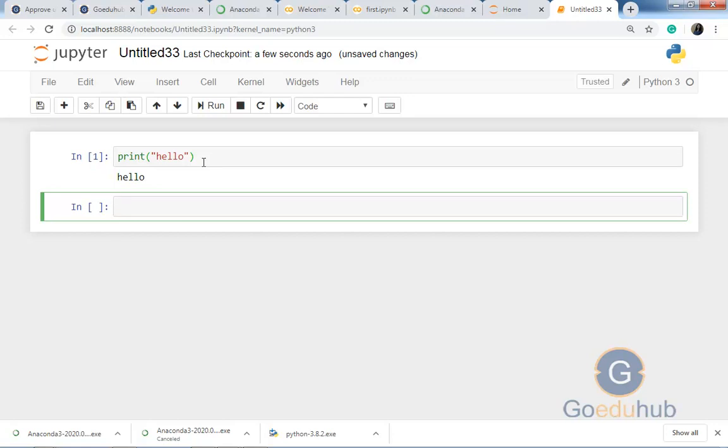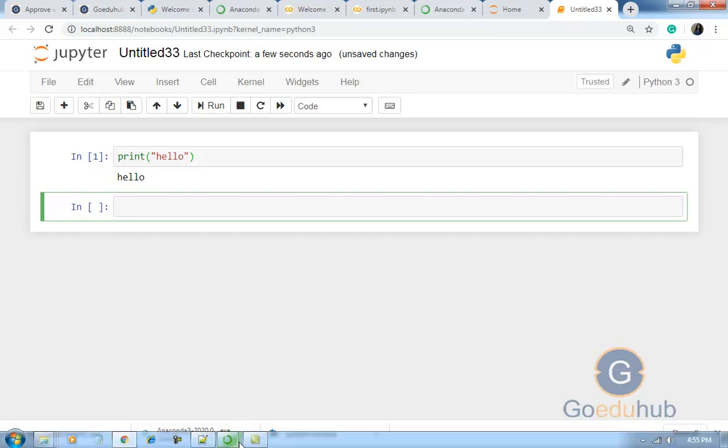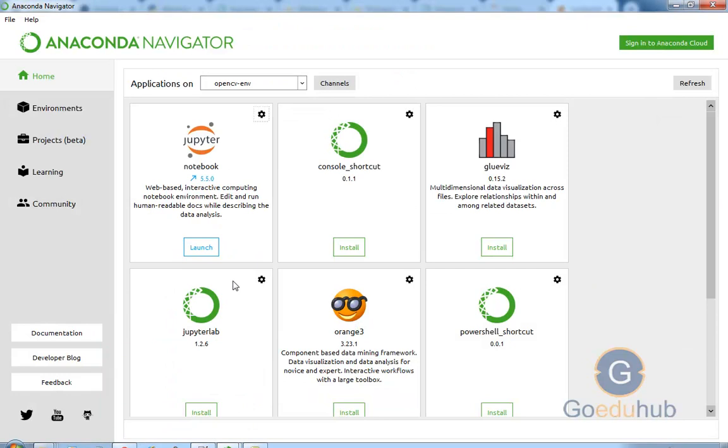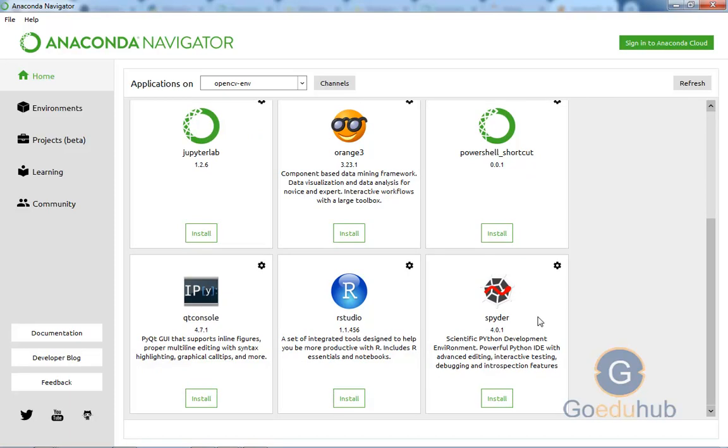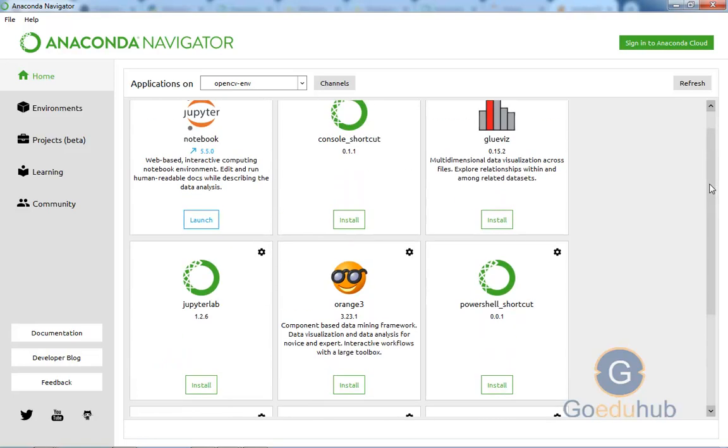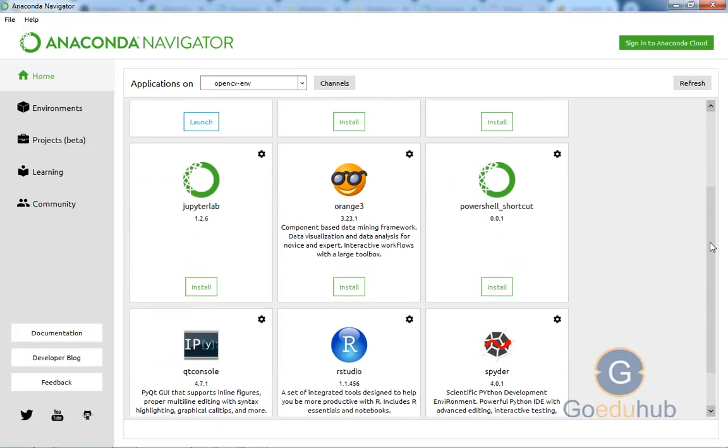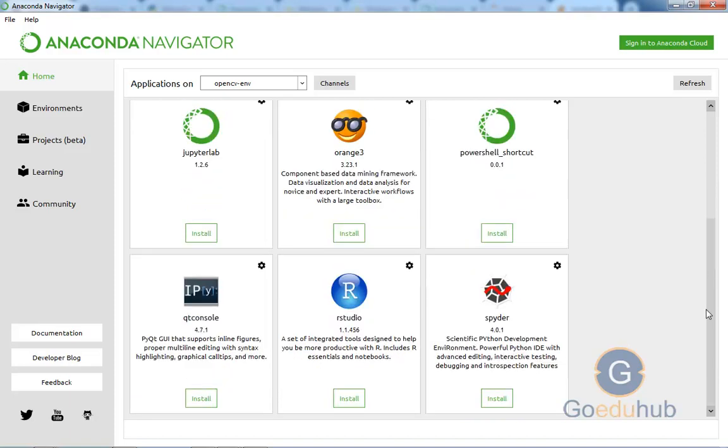Simply download the Anaconda setup and then install it. Okay guys, and similarly Anaconda installs Spyder, and then Visual Studio also is installed. In my case it is not showing, but it is also installed, the Visual Studio. Okay, so if you want to practice with Spyder, you can launch Spyder. You first install Spyder and then launch Spyder. You can code in Spyder also. There is another video available, in that I told about Spyder.